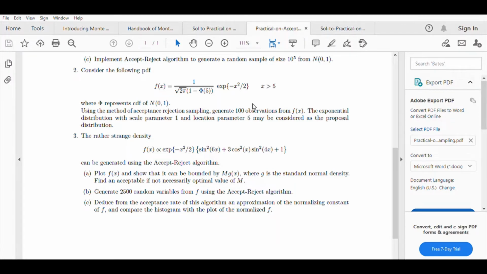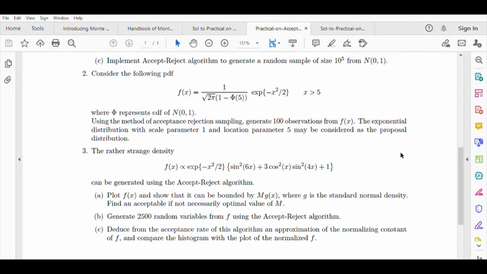So here we are at the last question of the practical on ARM. So let us consider the last one. Here the PDF is shown to be proportional to e raised to minus x square by 2 multiplied by sine 6x square plus 3 times cos square x into sine square 4x plus 1. So the density looks really odd, and moreover we don't know the multiplicative constant, so that this density function will